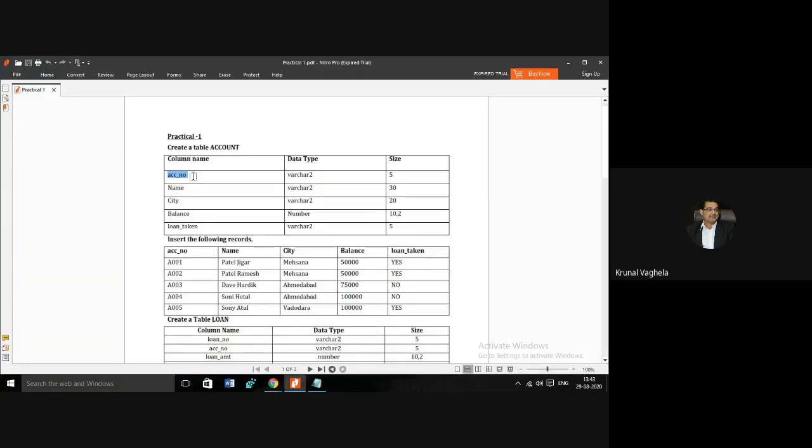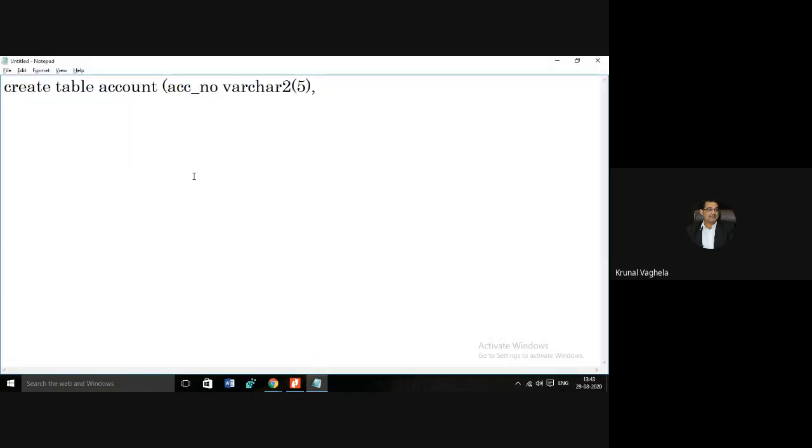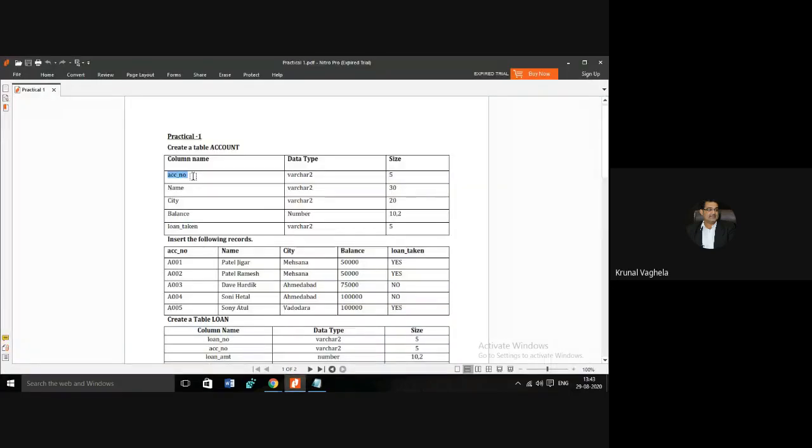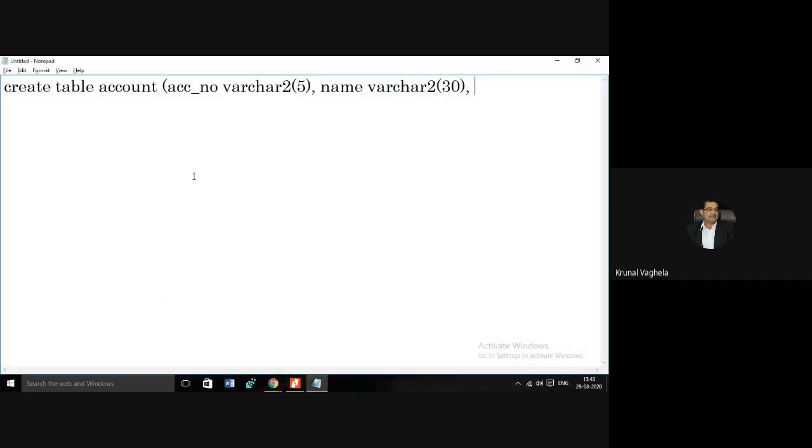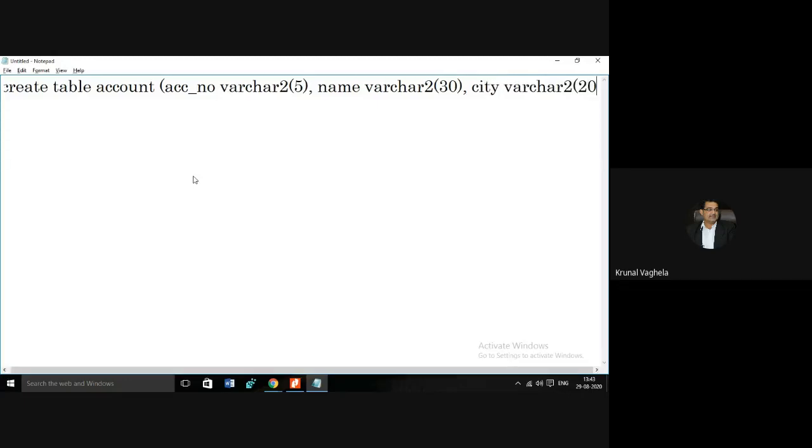Second is name, data type is varchar2, and size is 30. City, data type is varchar2, size is 20.